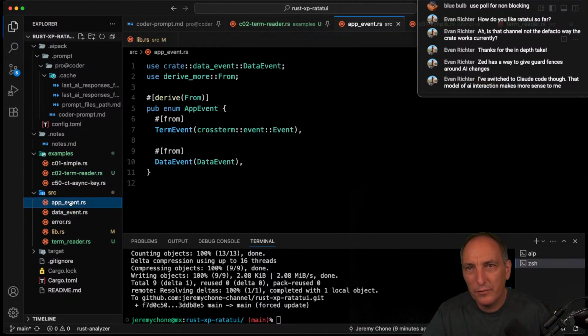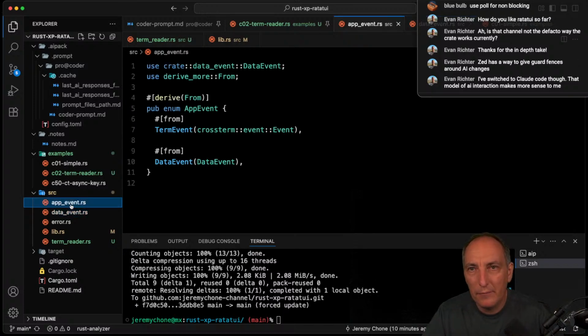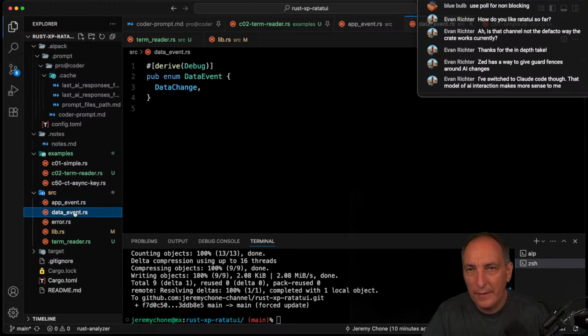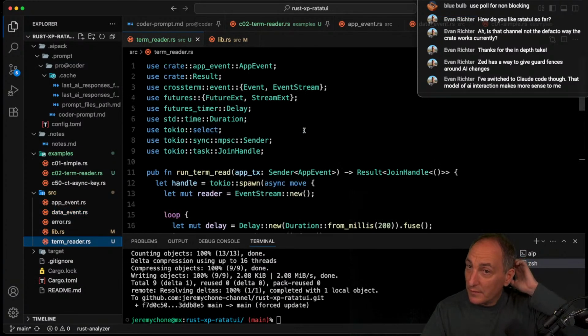But here I can kind of organize it a little bit like I will do in a real app. Yeah, I have my app event. I have my term event over there, which is this guy. And then I have my data events. And then this is my lib. And then I have my term reader. So that is pretty